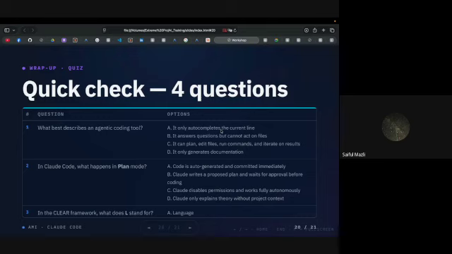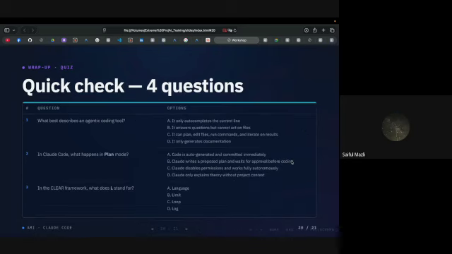Okay, question number 1, what best describes an agentic tool? Answer is C. It can plan, edit files, run commands, and iterate on the result. That's what makes it agentic. Otherwise, it is just a tool. In Claude Code, what happens in plan mode? You saw it just now. B. It writes a proposed plan and waits for approval.